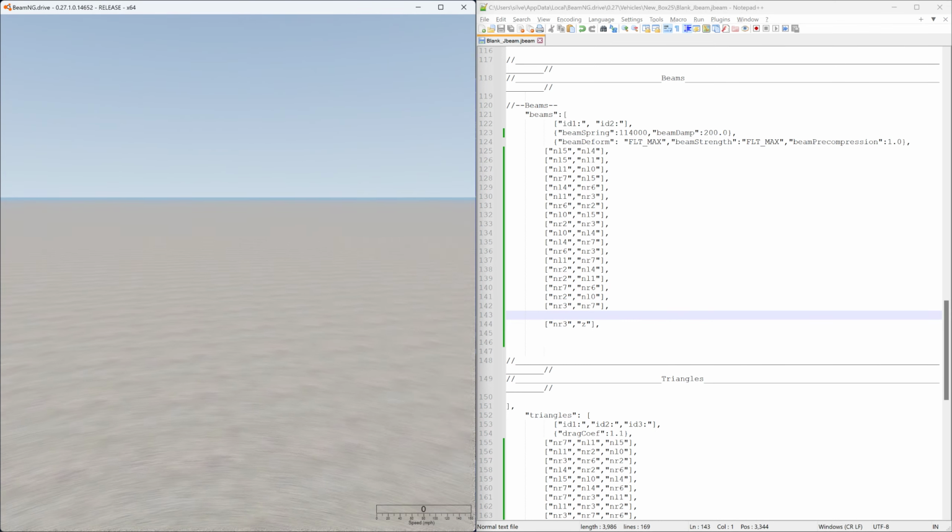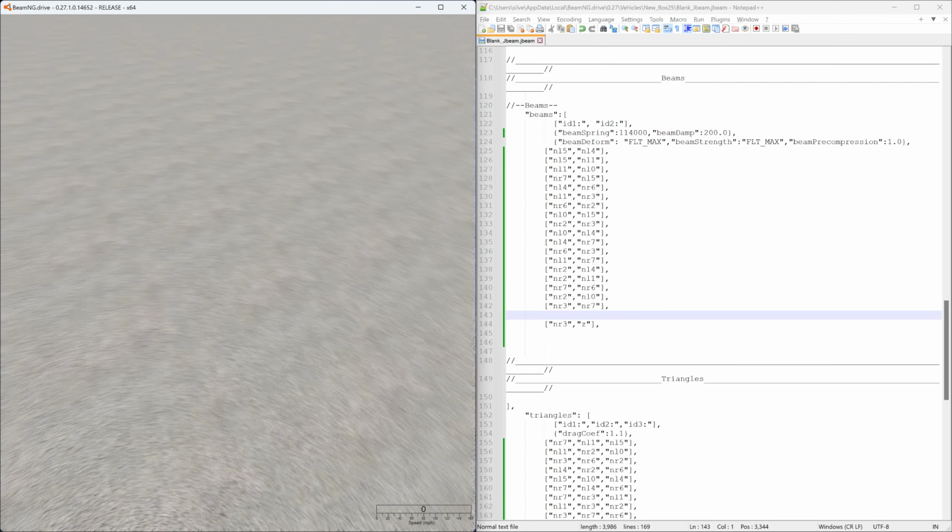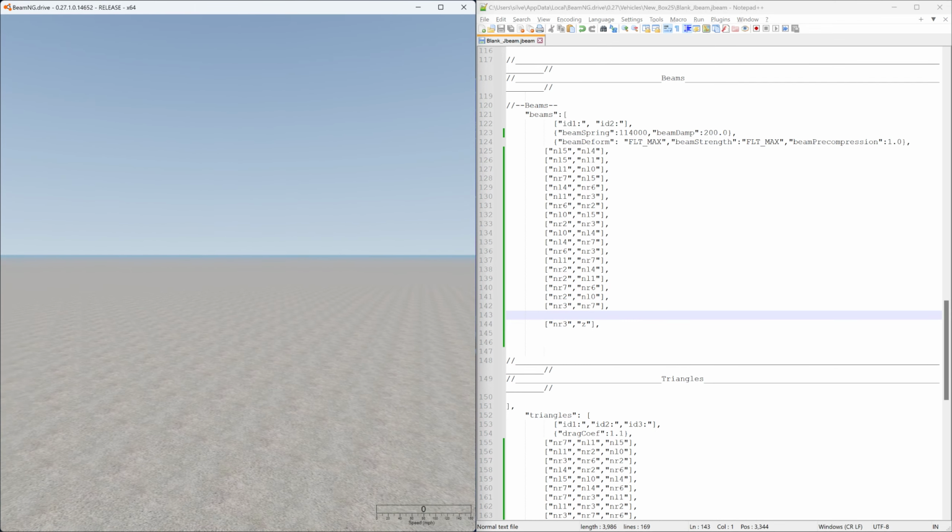Where's our box? I saw it shoot off in the distance, didn't you? It sure did. I don't know where it went now. Pause the game. Alright, box, get your behind back over here. It has eluded us. It has disappeared. When you start having problems like this, you're like, where the hell's my box? Most likely what's happened,